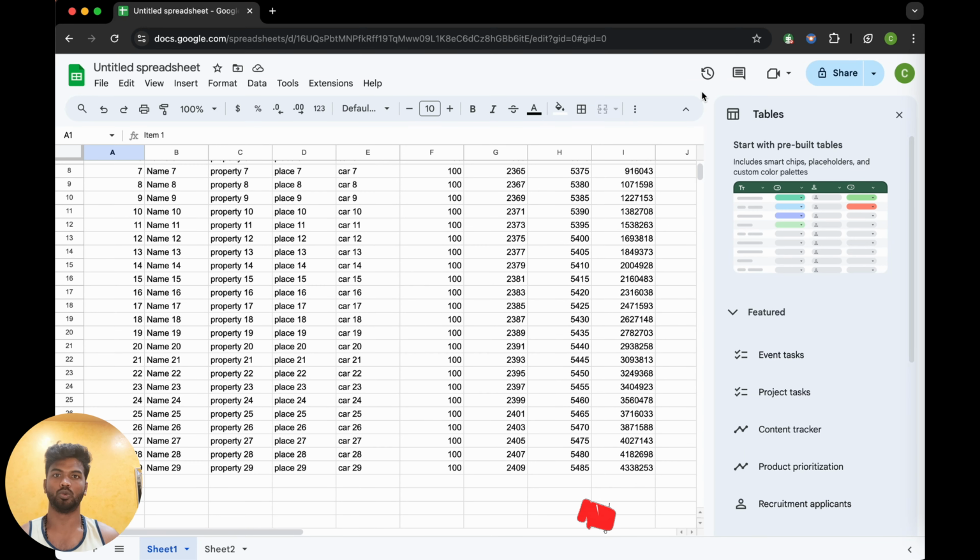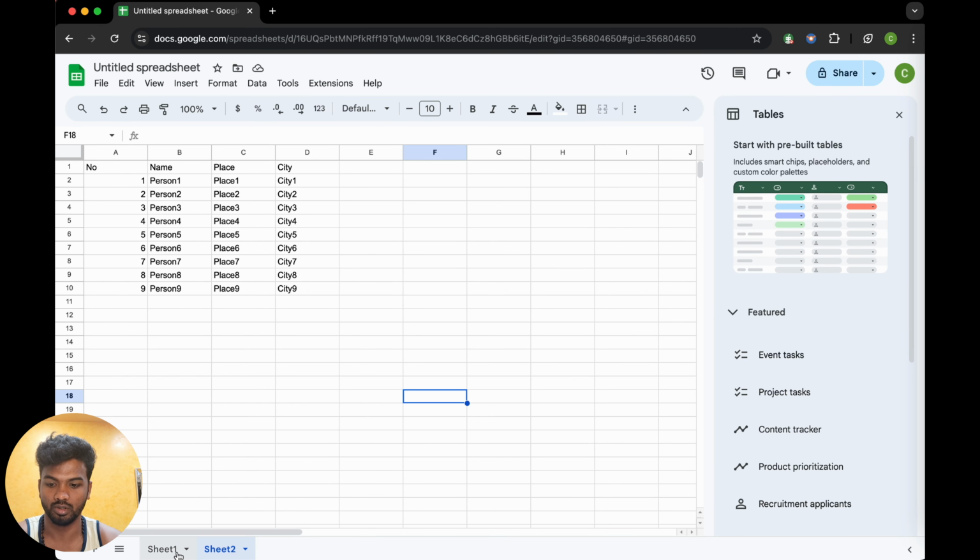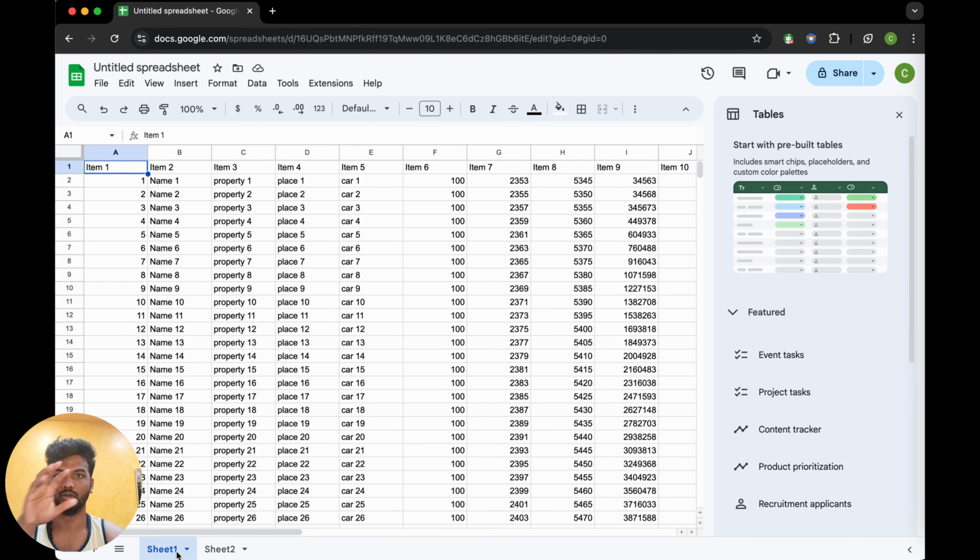Hello buddies, I'm going to show you how to read the XLS file in Android Studio. This is the XLS file. I have two sheets, sheet 1 and sheet 2. We are going to read both sheets and display them in Android Studio. How are we going to do it? Just see, sheet 1 has a title of item 1, item 2, and sheet 2 has a